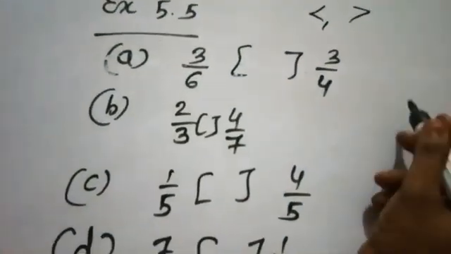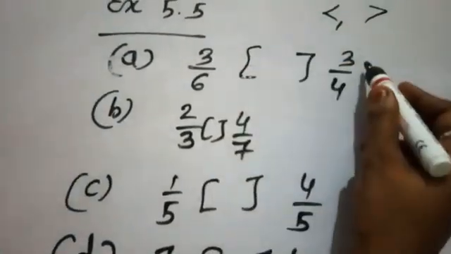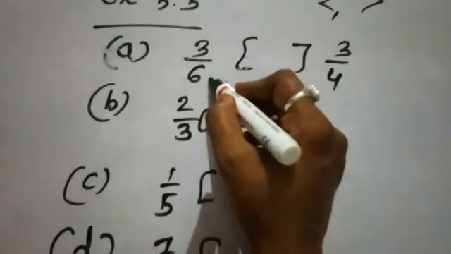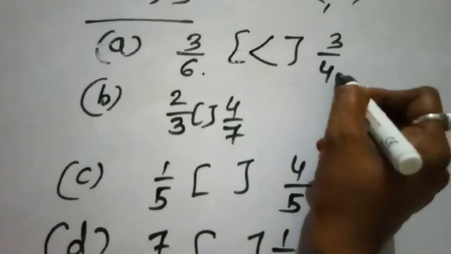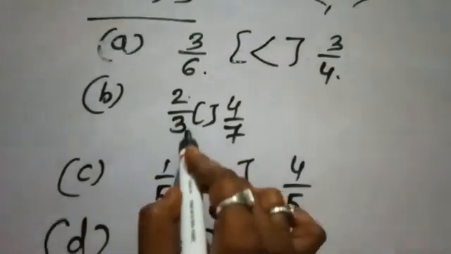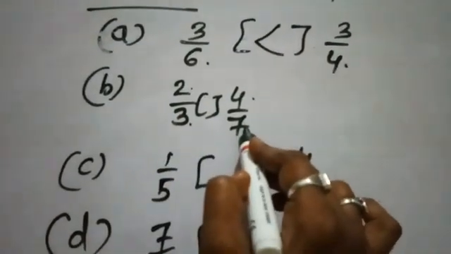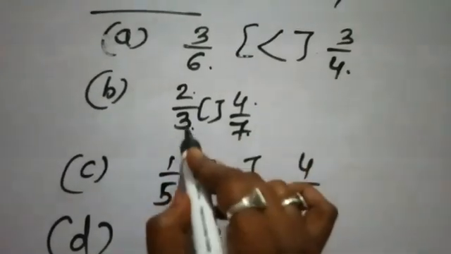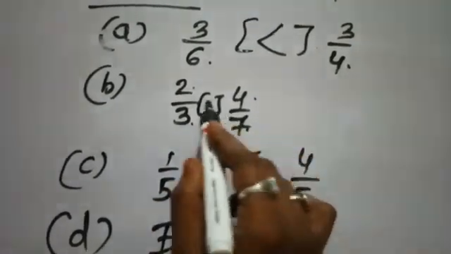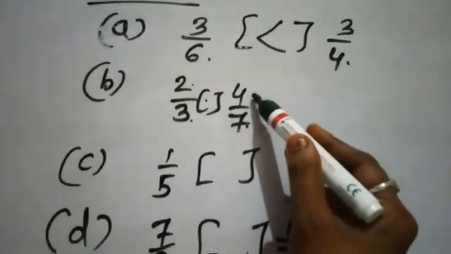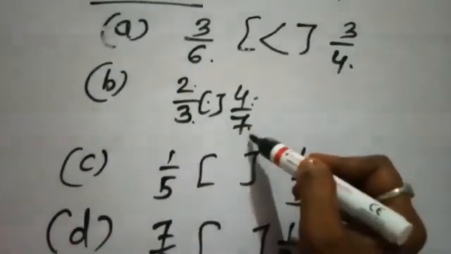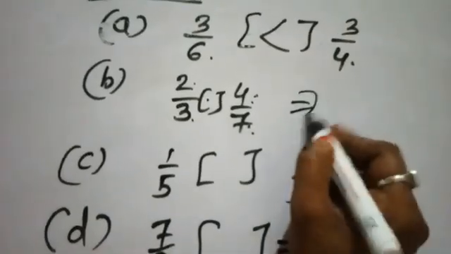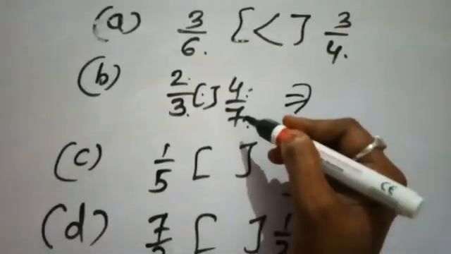Compare the fractions and then you have to put the sign of less than or greater than. Here, when we see the A part, numerators are same. So we say the number with the bigger denominator is smaller than the number with the smaller denominator. Second one is 2 upon 3 and 4 upon 7. Here two fractions are there and we have to identify which one is bigger. In the second one, both have different numerators and also different denominators. So here we have to convert any one in the same way.